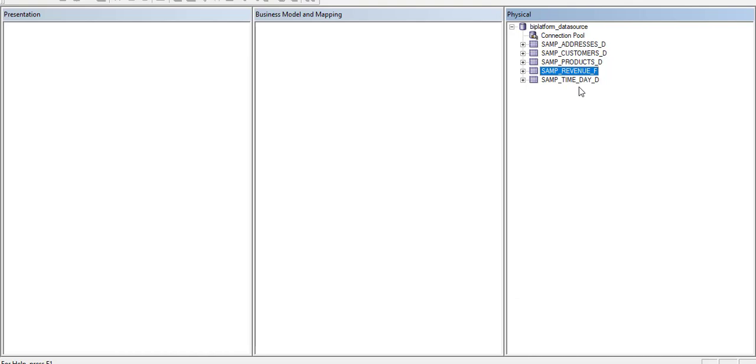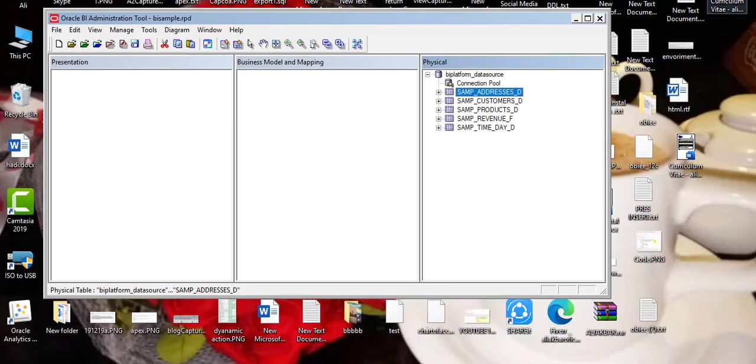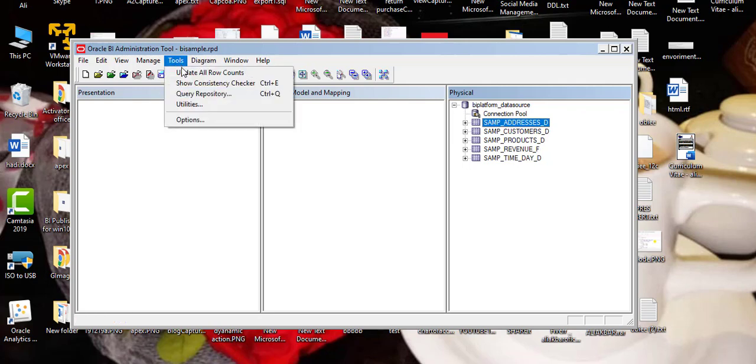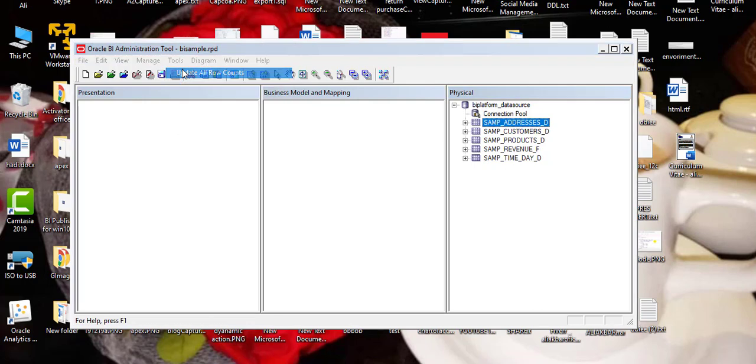We can update row count from the object by right click, and there is another method: we click on tools, update all row counts. When we click update all row counts, OBIEE updates the row counts of all objects existing on the physical layer at once.